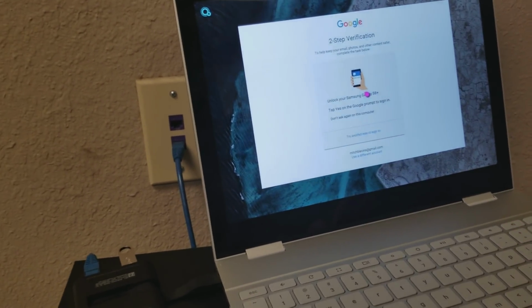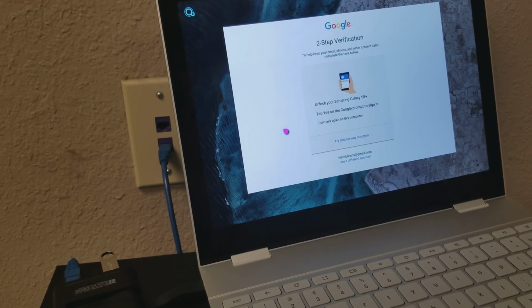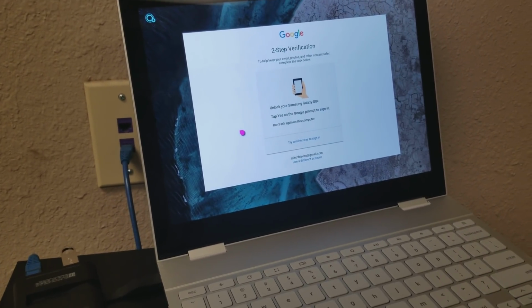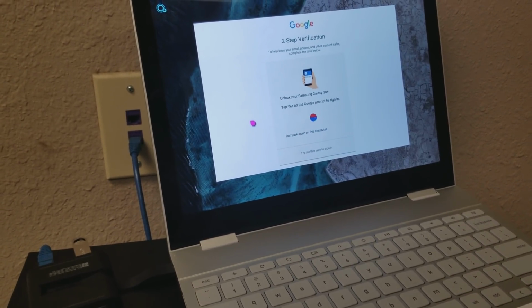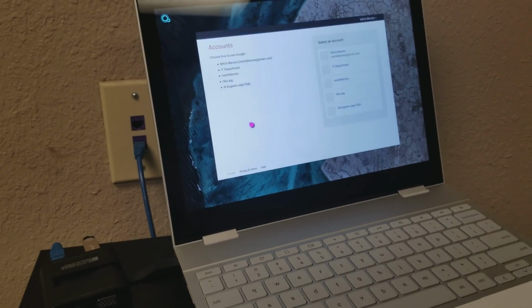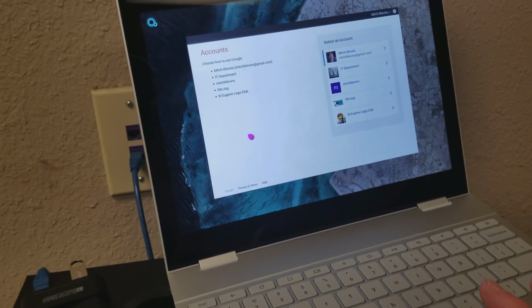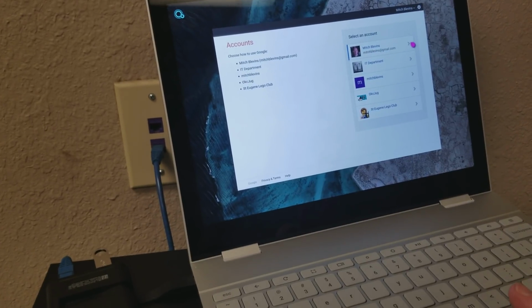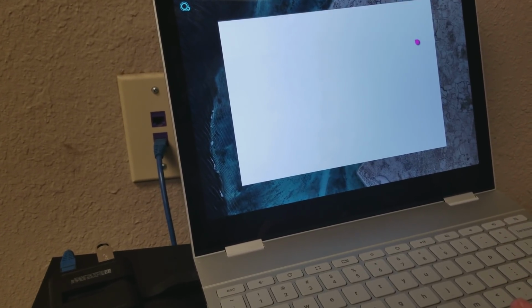I just approved this on my phone, so it'll take a second. Yes, Fuchsia does two-factor. It's really just a web page. Here, they're actually using WebKit, I think. And so I can click on my account